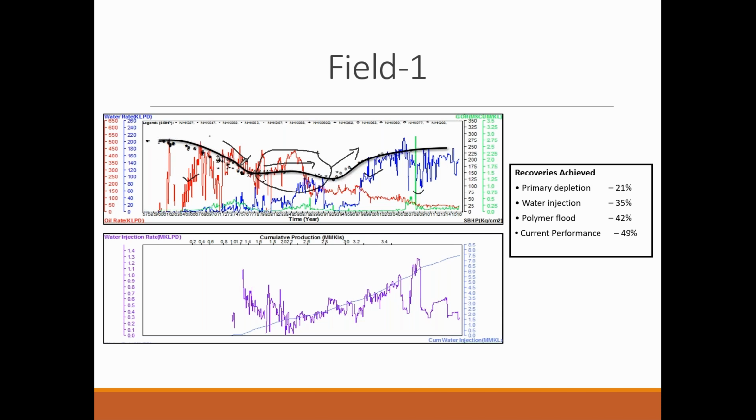When there is an arrest in decline, the reservoir voids are being filled. I just forgot to mention that in the bottom graph, you can see the water injection. This particular curve is your cumulative water injection, and this indigo color is represented by your water injection rates. So you can see